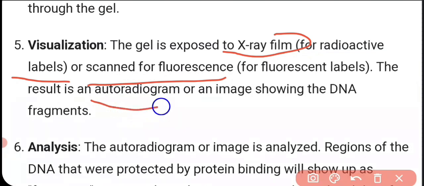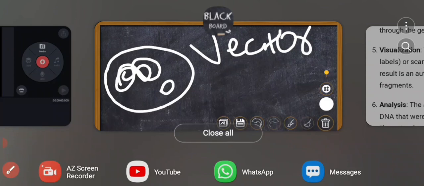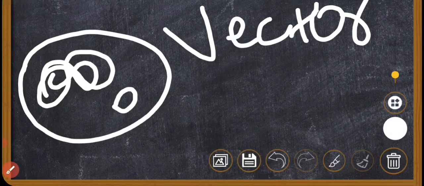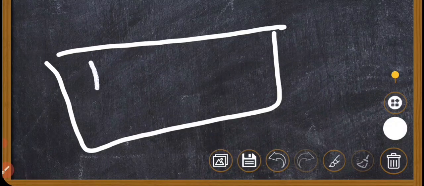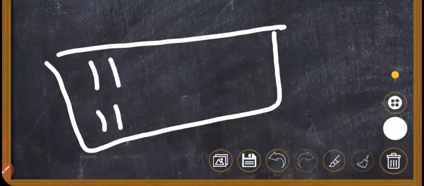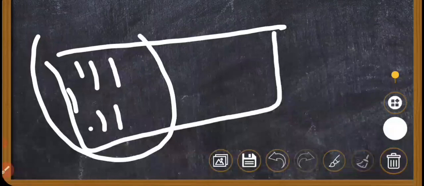The result is one radiogram will come. So the autoradiogram will be seen like what? The autoradiogram will be seen like this. Suppose this is the gel. So here, like this, are the separations. This is the autoradiogram, where this autoradiogram will be